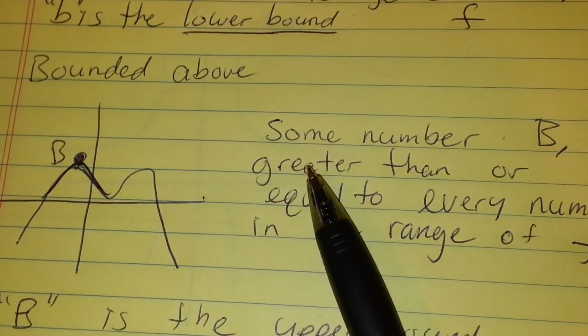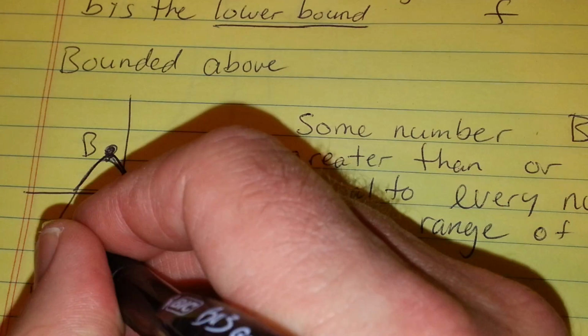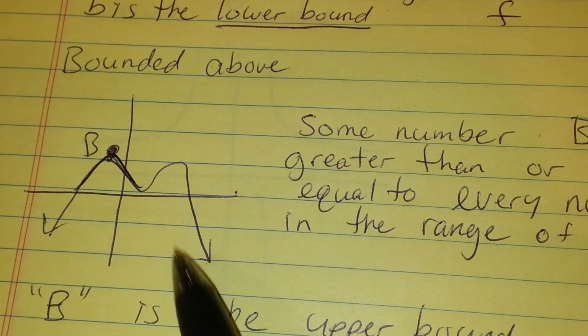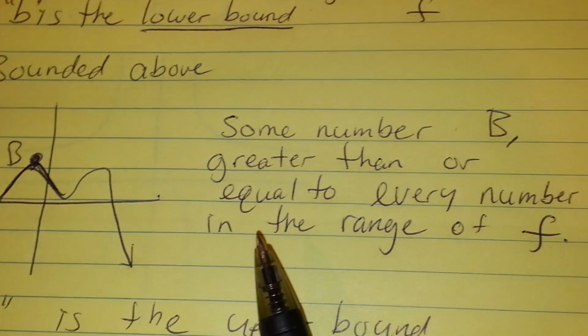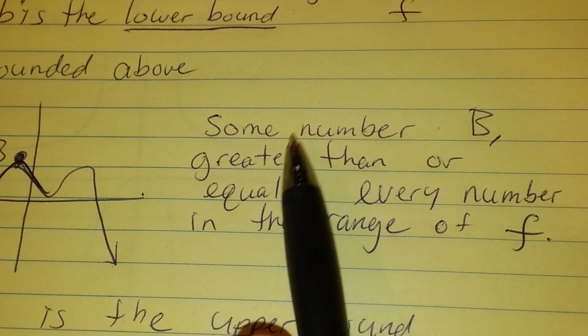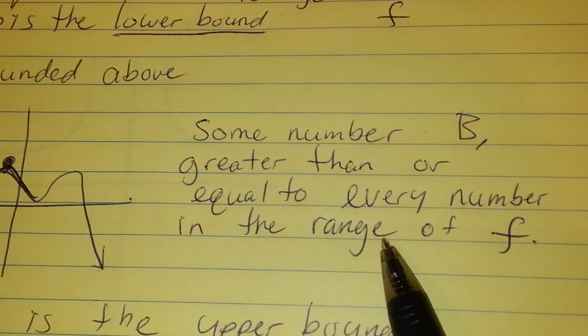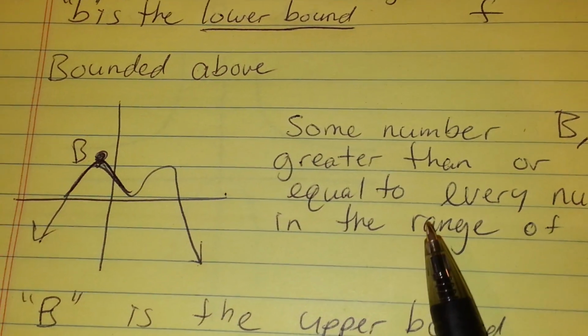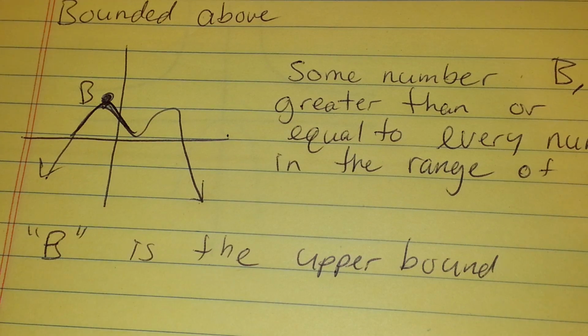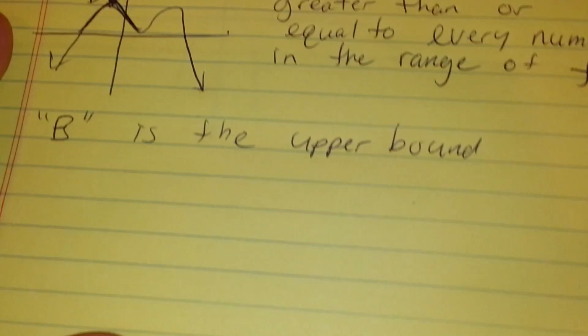Bounded above. This function here has no lower bound, but it is bounded above, and that's going to be capital B. If you have some number capital B that's greater than or equal to every number in the range of my function f, you have an upper bound. B is the upper bound, okay? All right, here's a case, next page,